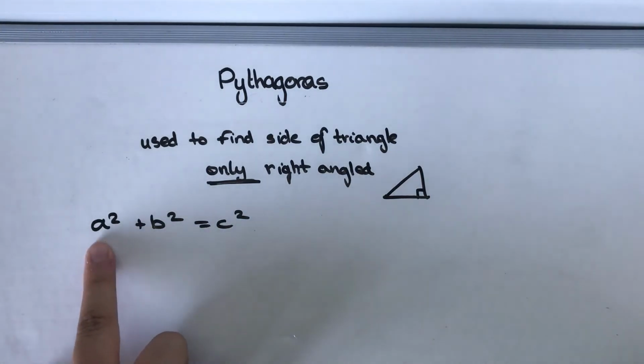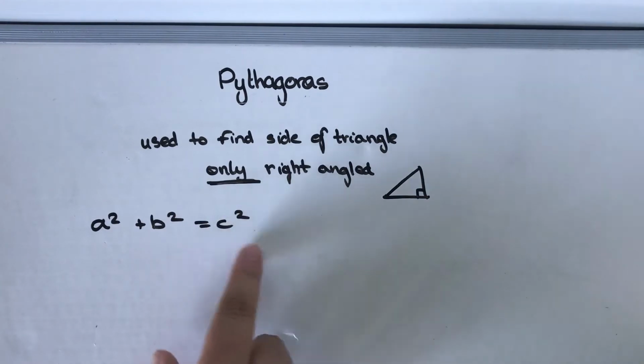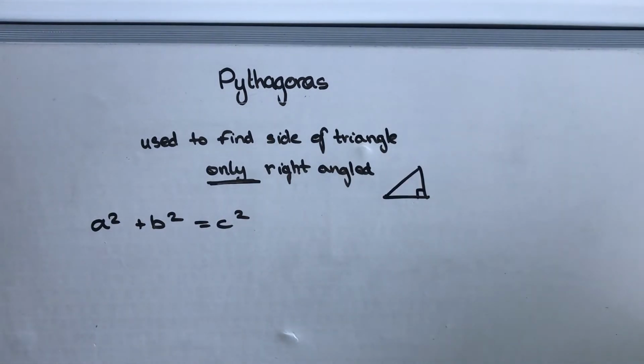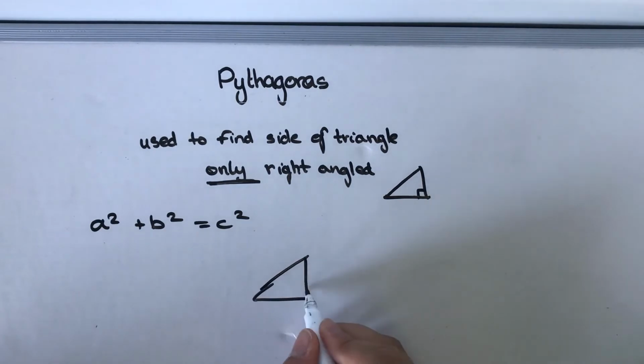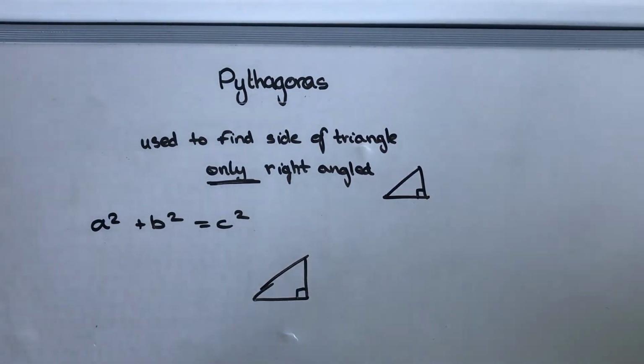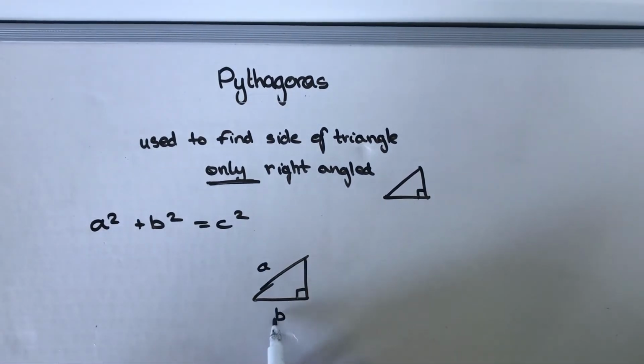Well, it's a squared plus b squared equals c squared. A, B and C represent the three different sides of the triangle. Now, let's look at an example. If we have a right-angled triangle, remember, 90 degrees, and we have A here and B here, and we're asked